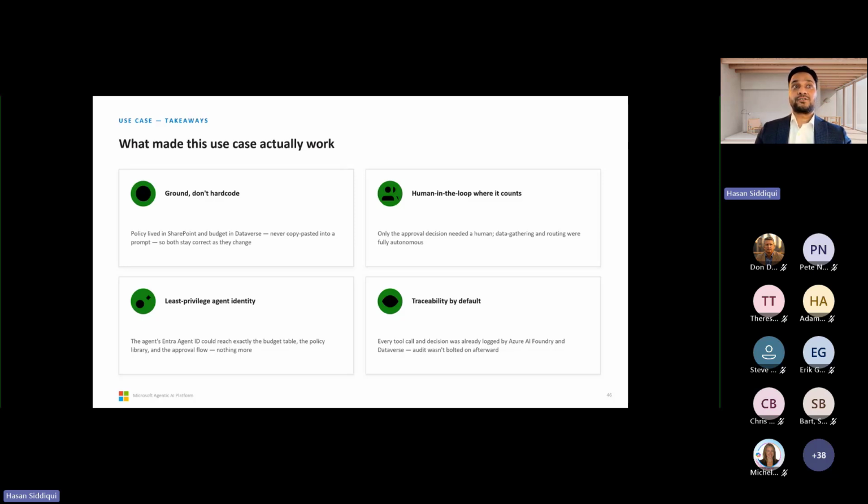Human in the loop where it counts: only the approval decision needs a human. Data gathering and routing were fully autonomous. And least privilege agent identity: the agent's Entra agent ID could access exactly the budget table, the policies library, and the approval flow, and nothing more. Traceability by default: every tool call and decision was already logged by Azure.